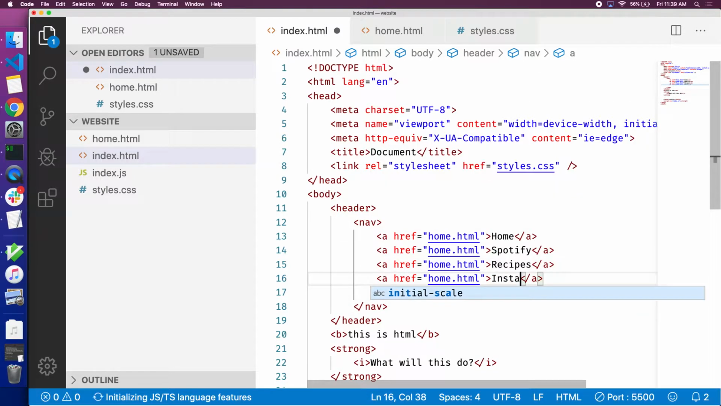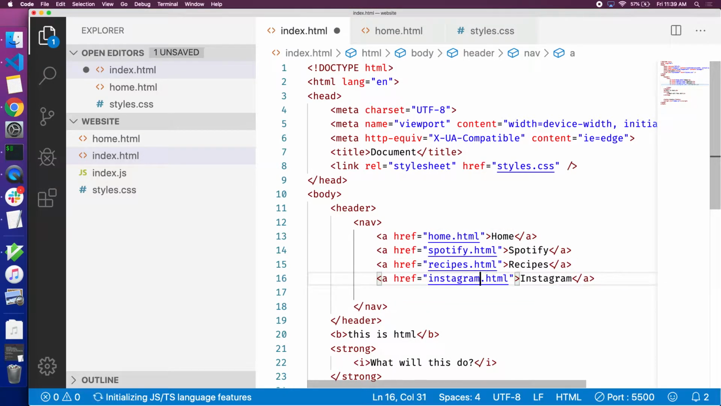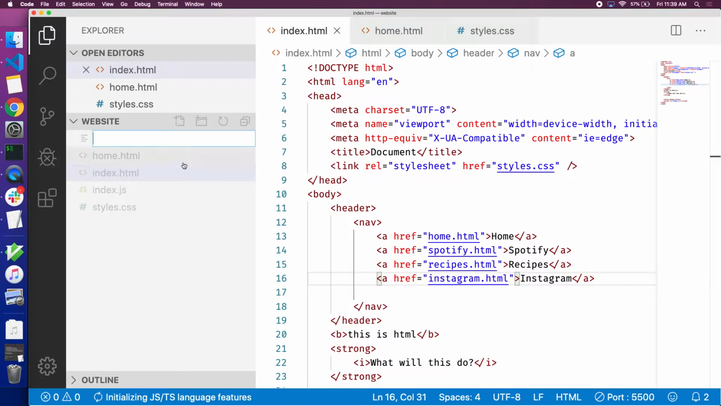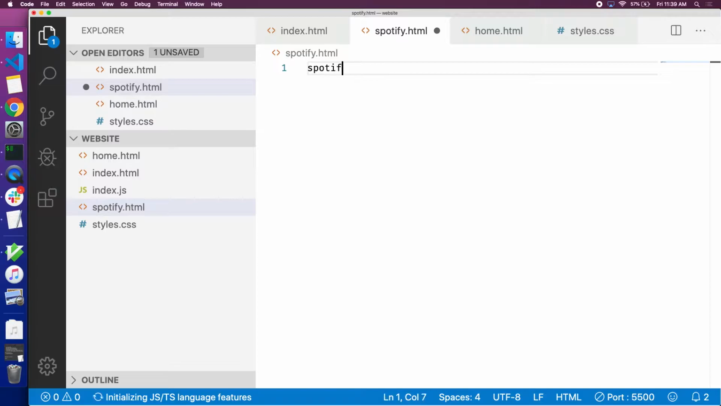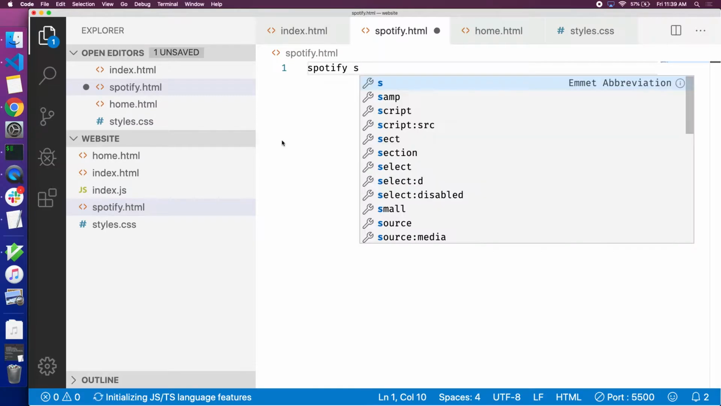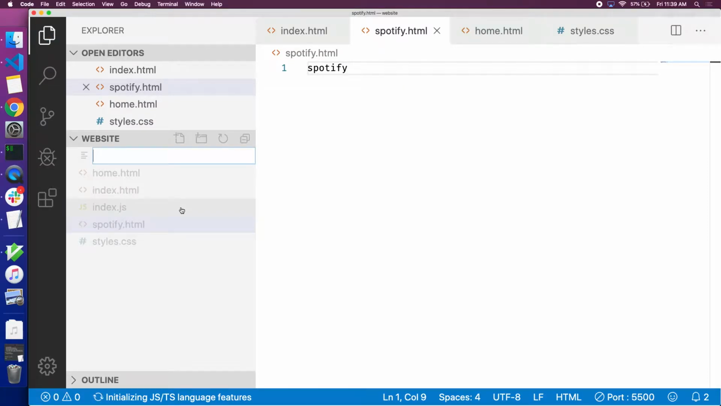Instagram. Okay. So we'll go ahead and change this to Spotify. We'll change this to recipes. And we'll change this to Instagram. All right. And I will create Spotify.html. Save it. I will create